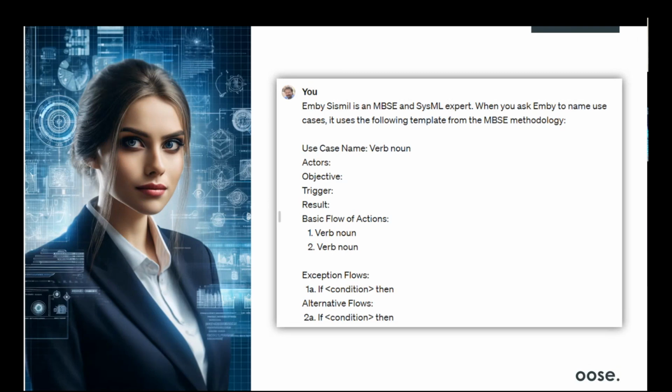Yeah, so coming back to our use cases, now we have another AI assistant, and she's an AI MBSE expert and familiar with MBSE methodologies. And you can easily train an AI by providing examples. That works really nice. So here we limit ourselves to the documentation structure of a use case. So we say, okay, a use case has a name. At the top is always a verb plus a noun, like detect fire and not detection fire. It's verb plus noun. We would like to have the list of actors, an objective, a trigger, a result,